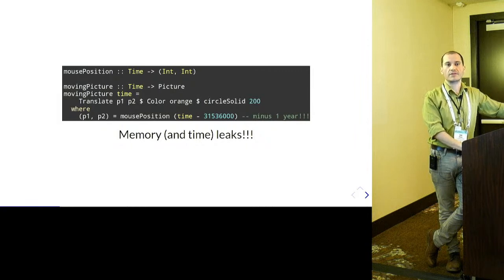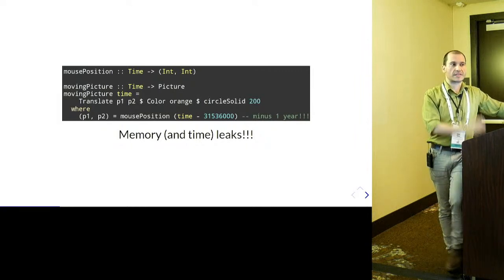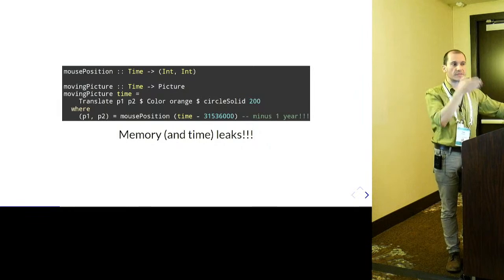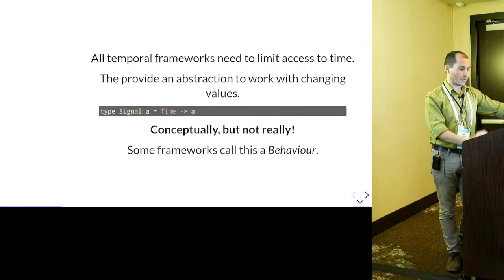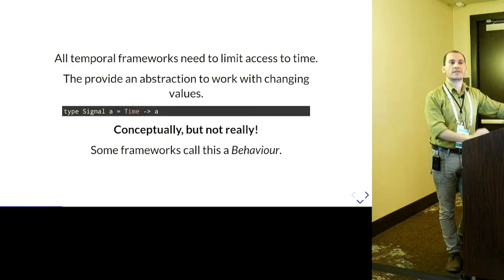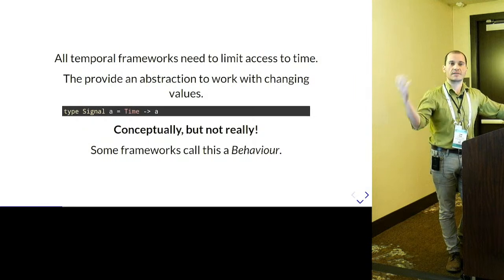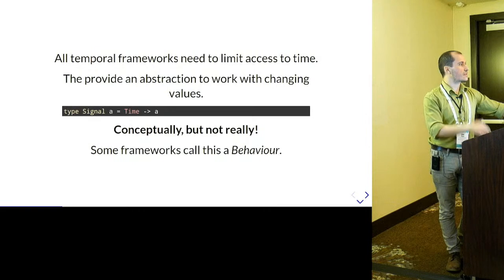Maybe you didn't even look at that time. You didn't sample, you sampled right before, right after, but not exactly at that time. So how do you interpolate? So all the temporal languages and frameworks create some sort of abstraction over things that vary over time for these reasons, because they break causality, they lead to memory leaks, undefinedness, and so on.